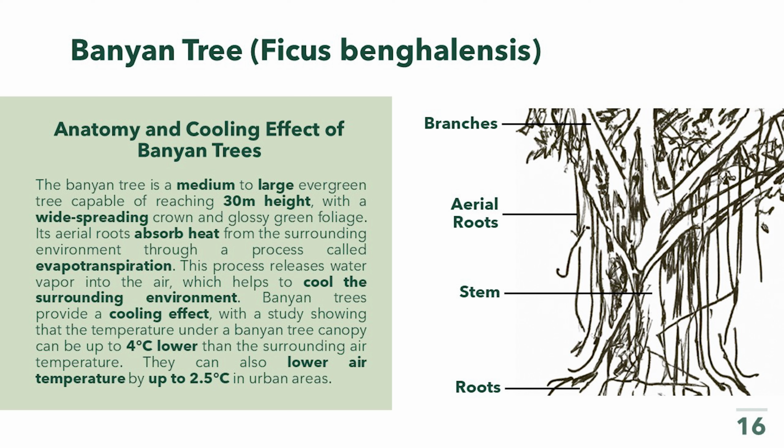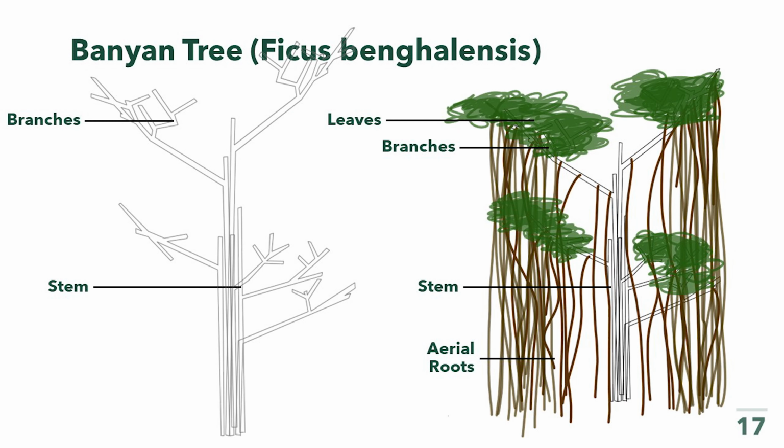The dense canopy of the banyan tree also provides shade, which reduces the amount of direct sunlight that reaches the ground, and this further helps to reduce the temperature. Studies have shown that the temperature under a banyan tree canopy can be up to 4 degrees Celsius lower than the surrounding air temperature. The first drawing features a dense stem and branches connected to it, emphasizing the height and